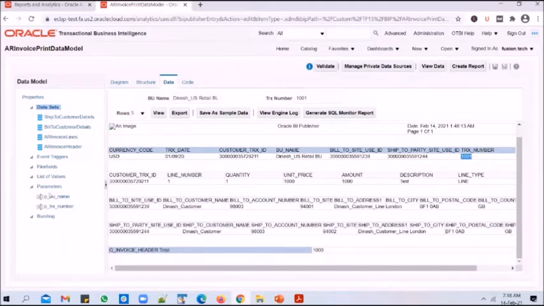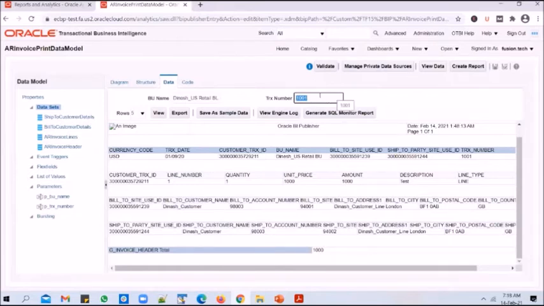And not only that, you also have an option to tag list of values. So what you can do is add a couple of queries to pull the list of business units and the transaction numbers from the database tables and show it as a drop down here, so that you can directly pick the BU name or a transaction number from a LOV instead of typing in the value, because this is currently a text box, right?